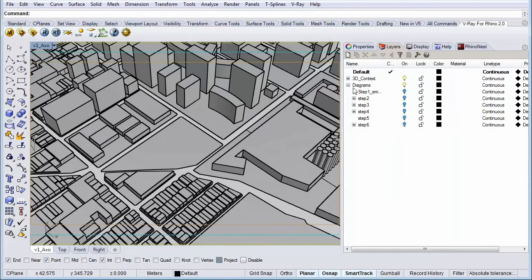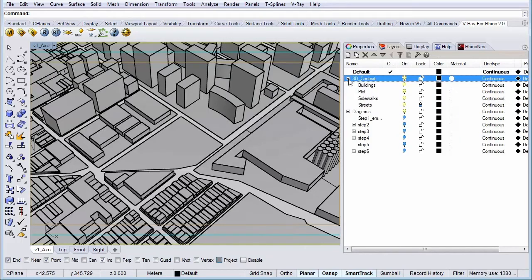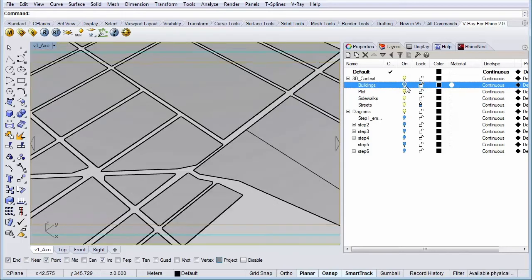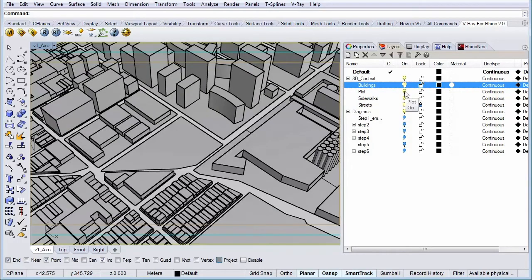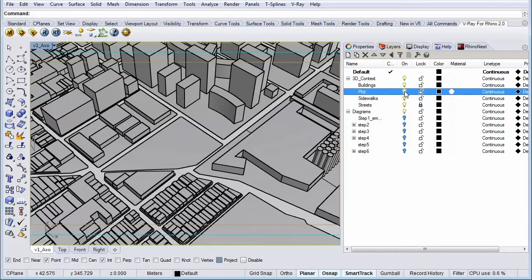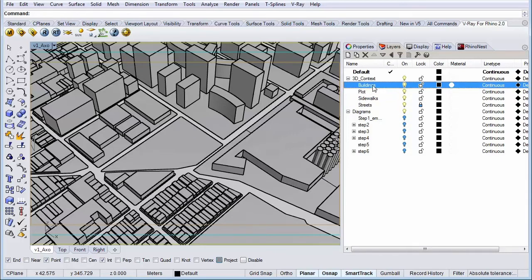So if you open up your layers tab, these are all the layers with all the objects in them. I already sorted them out per layer, so that's really nice. That's why we're also going to use the first option, which is setting our objects by layer. You could also individually set objects by their material, depending on how you set up your model, but I prefer to set the whole layer to one material. So all the objects in that layer are going to get that material.